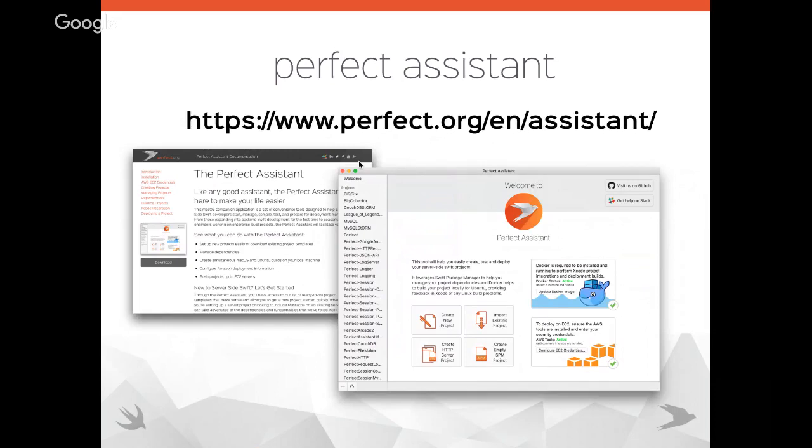So the Perfect Assistant macOS app, you run it and you use it to help create your macOS version of the project. It then also includes Docker in the background to help you cross-check against the Linux builds, so that if there's something different on the Linux build that's going to be a gotcha, it's going to let you know through Xcode because it's integrated with Xcode.